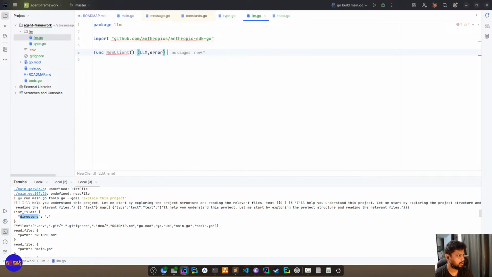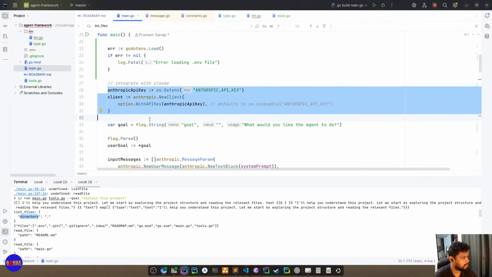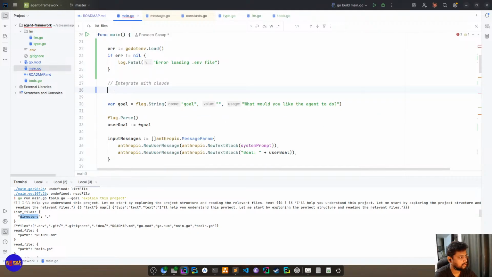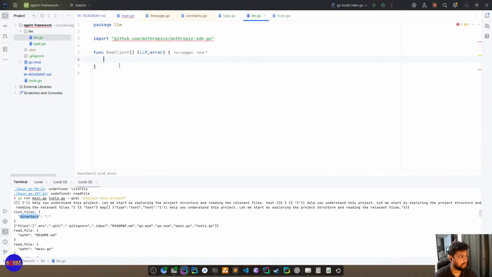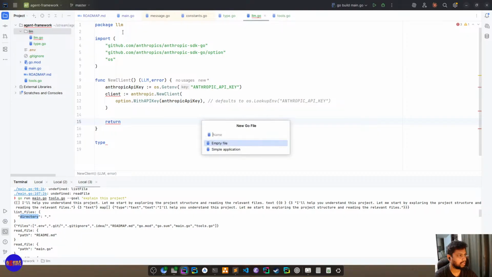Always return an error so that the caller can handle it, right? So what this does is remove this there. Return, okay. It will return. Let's create an Anthropic one right away.